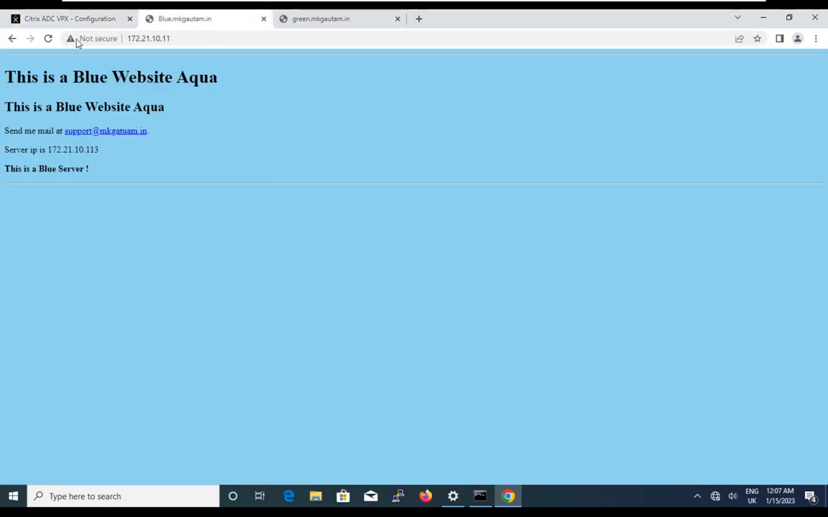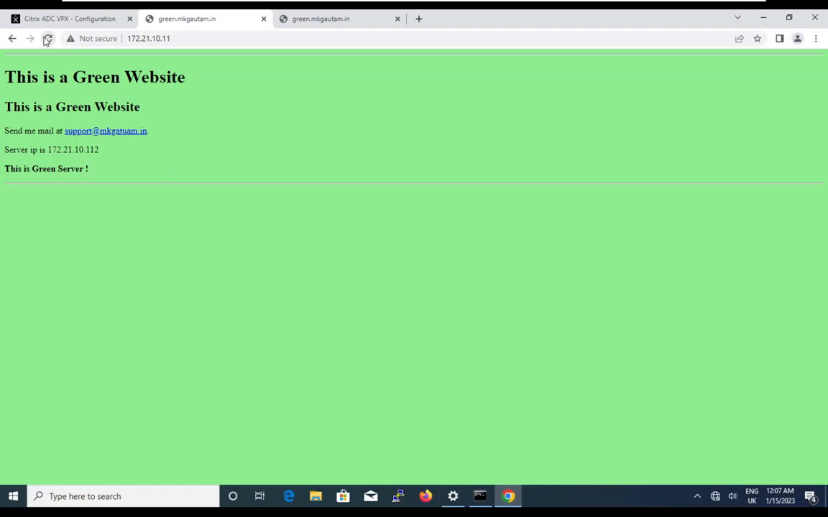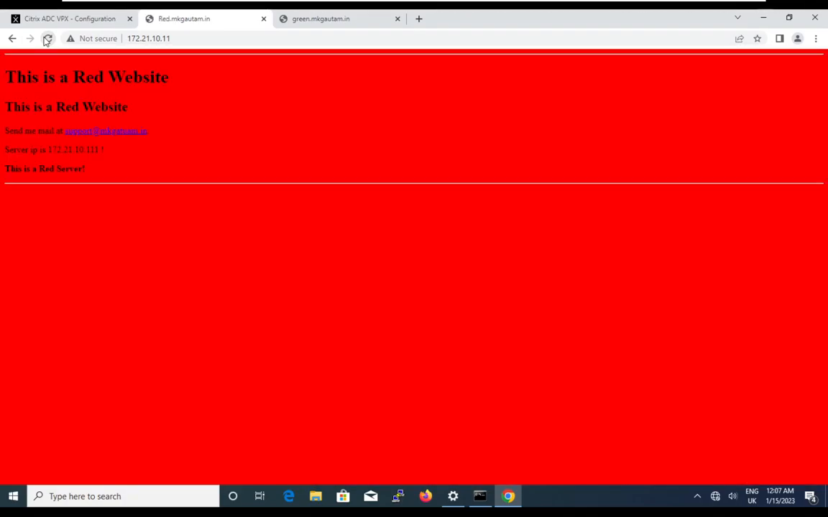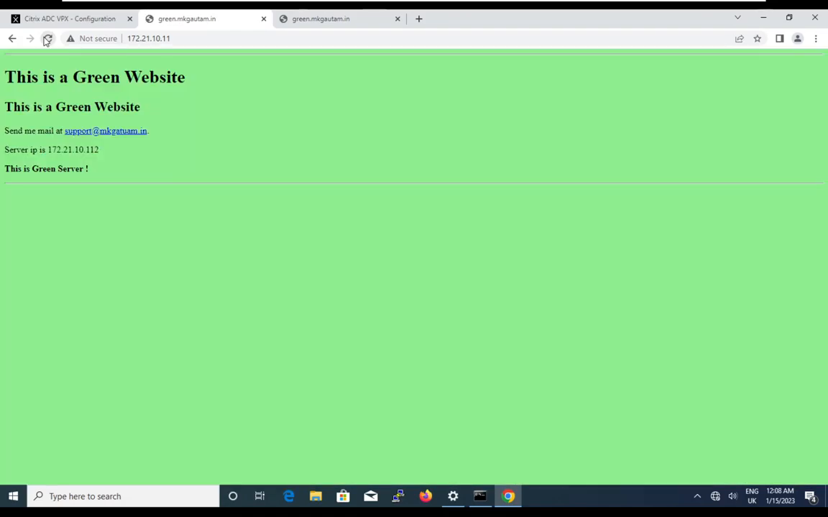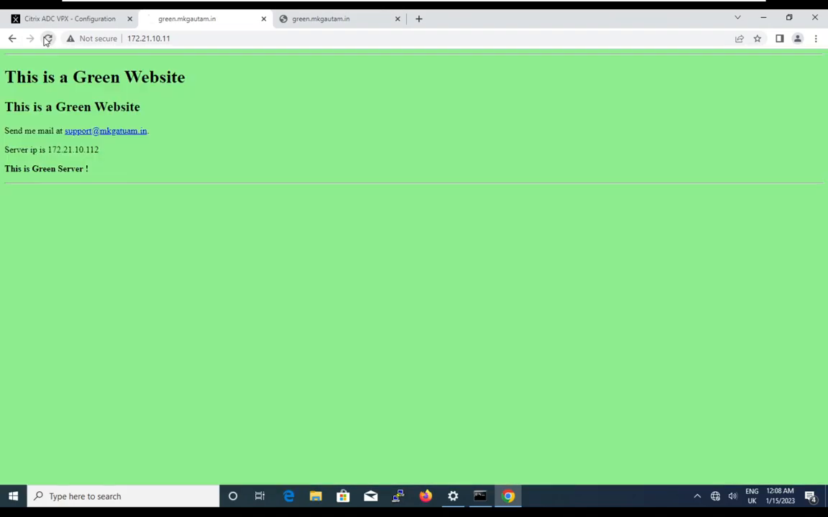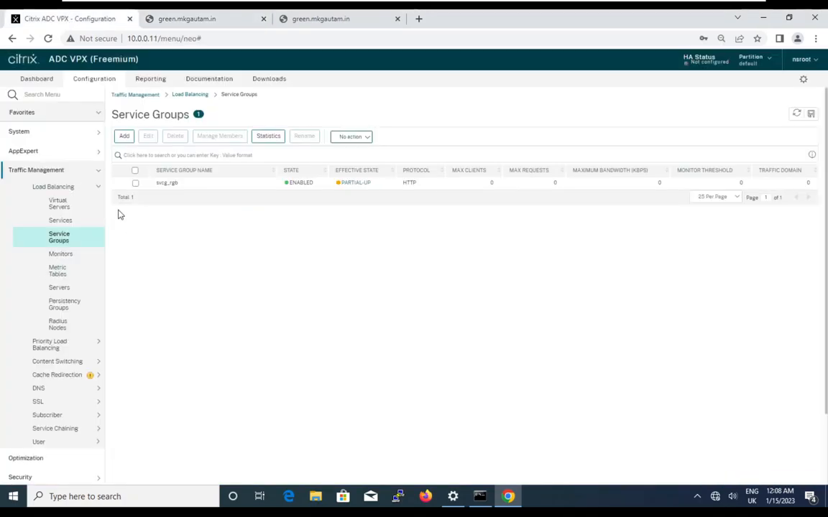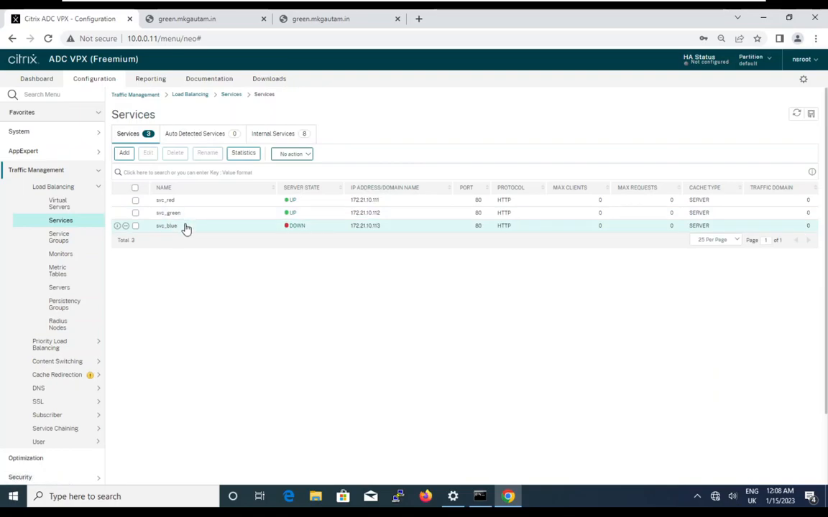Now quickly go here and refresh. Red, green, red, green. It's not sending traffic to the blue because as per the monitor, my server is down. It means it is not going to participate in the load balancing. So if we are using the default TCP monitor, it will check the status. Now let me show what it says. Done. Quickly go here, blue,